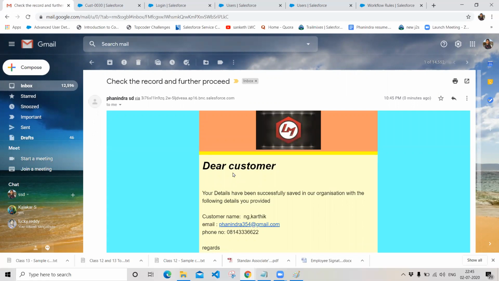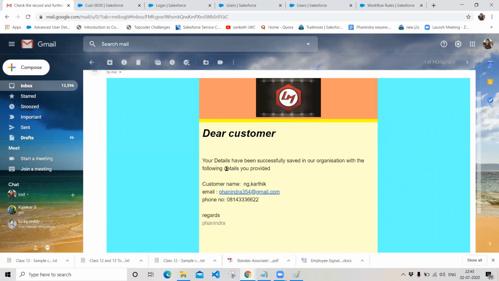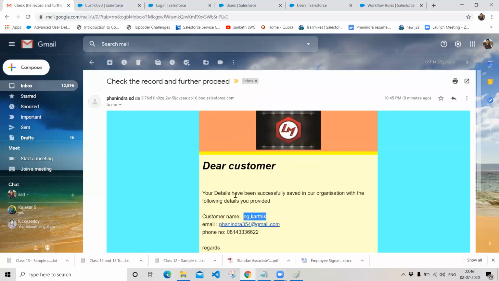So guys, previously I used to say something like merge fields, right? In the merge field concept, we have defined our expression over here: customer name is equal to so and so, an expression which we copy-pasted from our merge fields. So whenever we are sending a customer record, the values will be dynamically and automatically assigned to your email. So this is how the HTML and merge field concepts in Salesforce work.